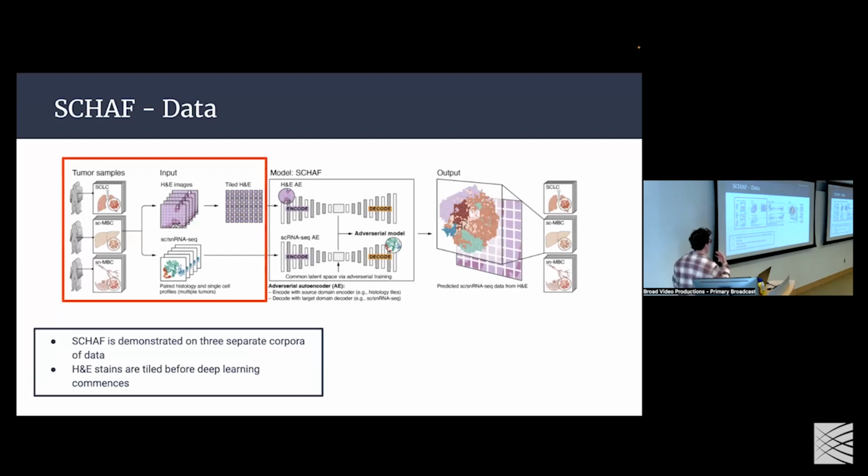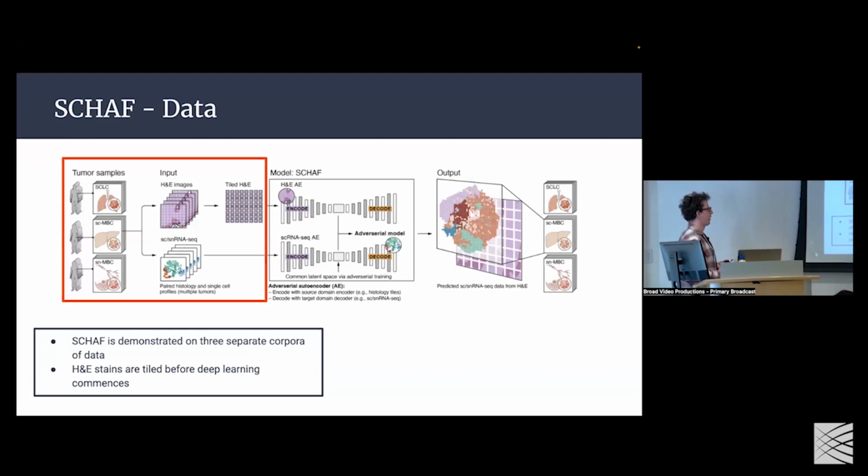So anyway, we have 3 of these separate corpora that we will showcase the method on. The first of which is lung cancer data from Sloan Kettering in New York. I believe it's about 24 patients. Then we have 2 metastatic breast cancer corpora, both from the Human Tumor Atlas Project, one of which is from single cell RNA sequencing, and one of which is single nucleus RNA sequencing, which, for those that are not familiar, are just 2 different methods of going about single cell granularity transcriptomic measurements. And